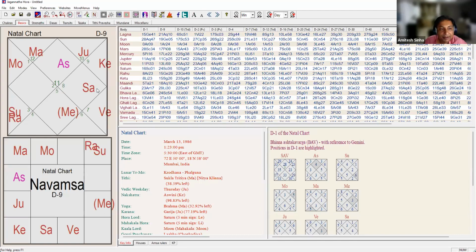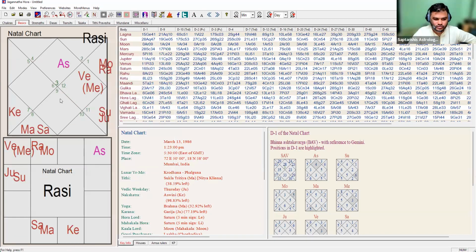Okay. But sir, if we have to look for disease, shouldn't we be looking at the 8th house from Saturn rather than the 10th? No, see what happens is, when we say disease and everything, the very first thing we should see is the 6th house from Lagna. Yes. Then who is the Karaka of disease? Saturn. Now Saturn here is again in the 6th house.